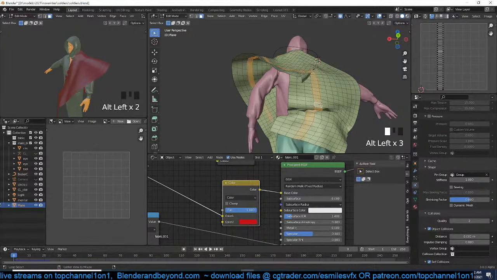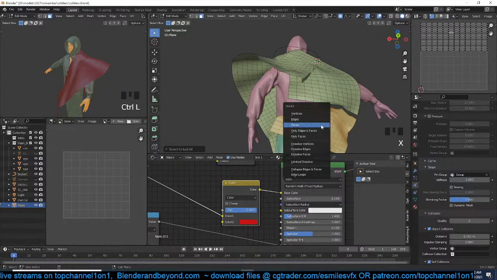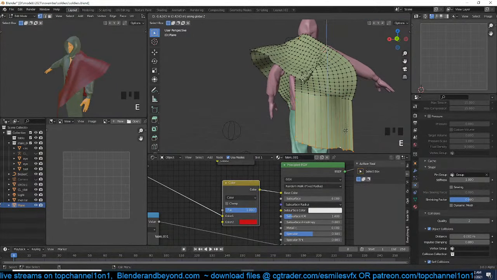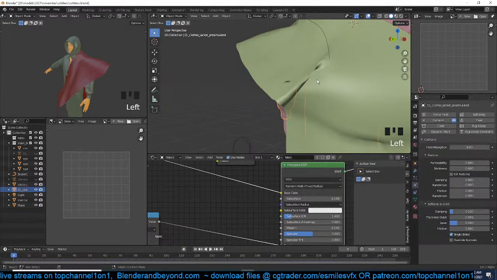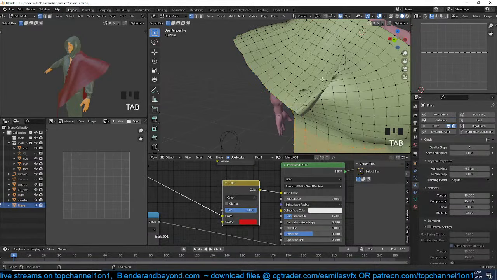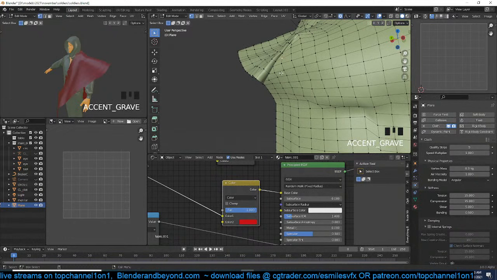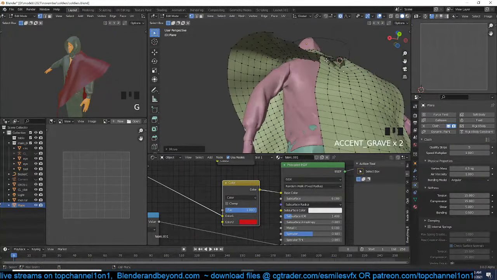There's too much intersection, so I'm just going to select this edge loop, get rid of this piece, and just extrude another piece of the cloth here, then add resolution. And I'm also seeing a lot of things going on here, so I'm also going to just grab this piece, make sure I'm having proportional editing on, just so I can untangle the pieces, the vertices at that point, so we don't have